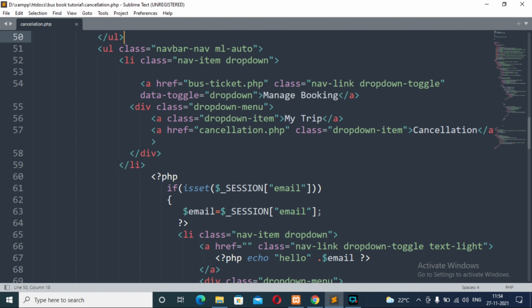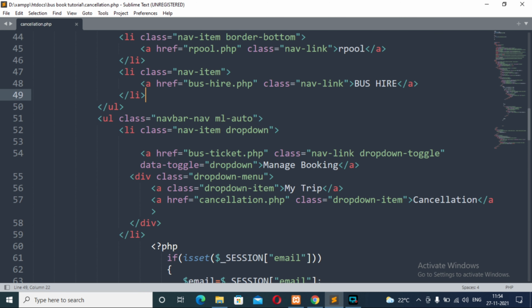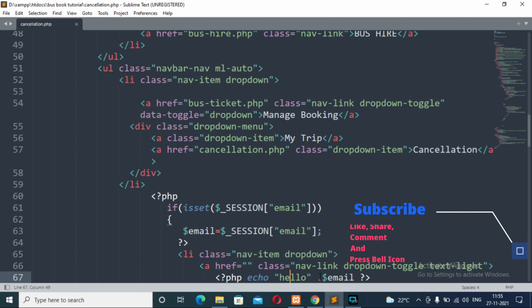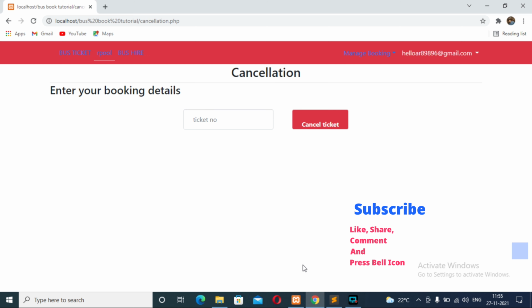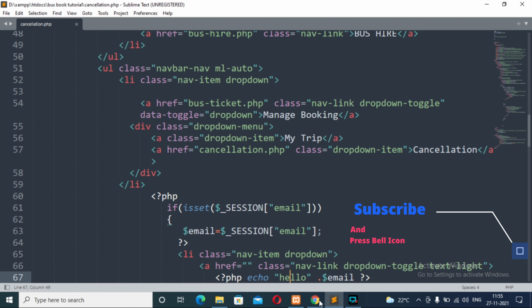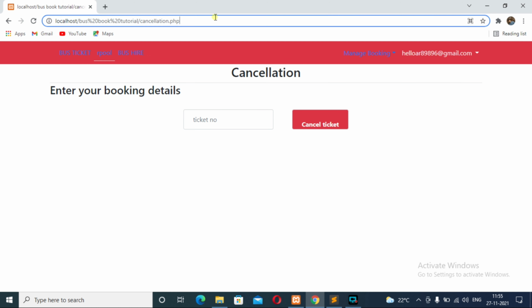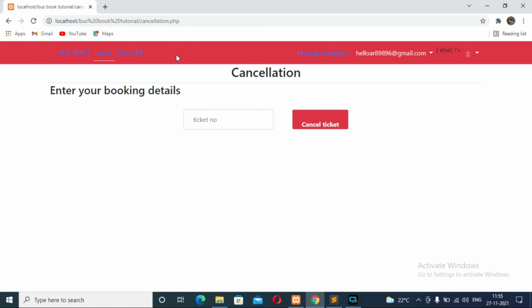So in the last video, I was working on the cancellation part of the ticket, in which there was an error. First, let me show you the error. Yes, in this you can see there is an error: the keyword here is and the curly braces that are visible in the navigation bar. It should not be visible here actually, but it is visible.